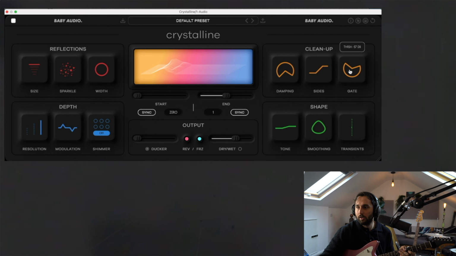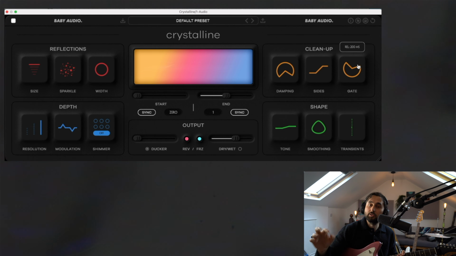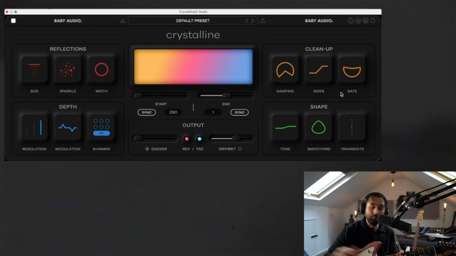And then you've also got this gate feature, which is like a sort of 80s gated reverb. So you've got two controls on here. You've got the release on the right hand side of the circle and the threshold. So it effectively means that anything below the threshold, the reverb's going to cut off. So if I make that really obvious,